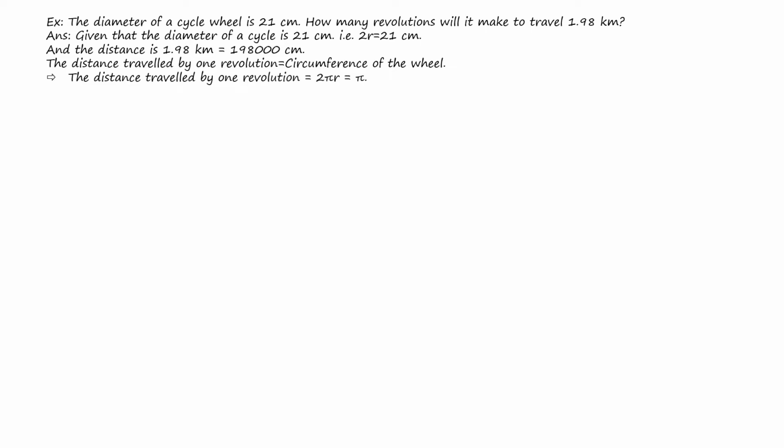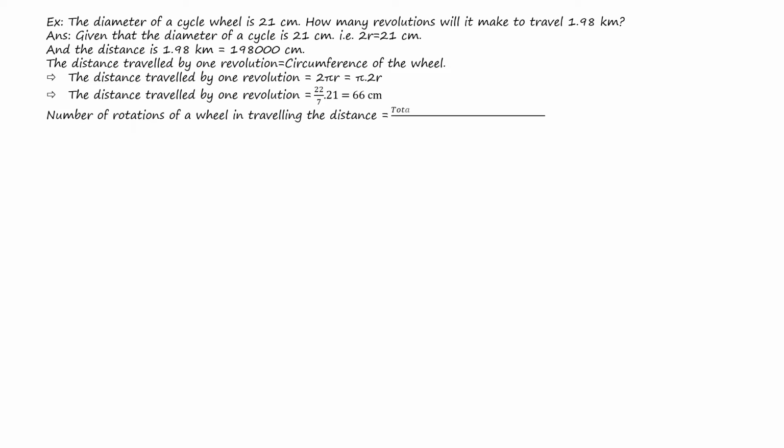Now, the distance traveled by one revolution equals the circumference of the wheel. This implies distance traveled by one revolution equals 2 pi r, or pi into 2r, or in this case it is 22 by 7 into 21, which is 66 centimeter. That means in one rotation the wheel of the cycle moves a distance of 66 centimeter. So